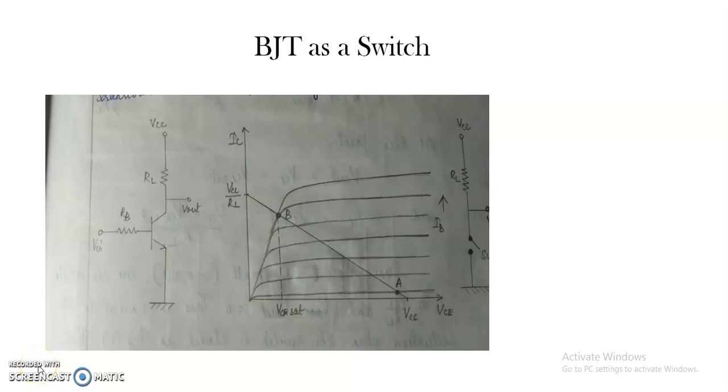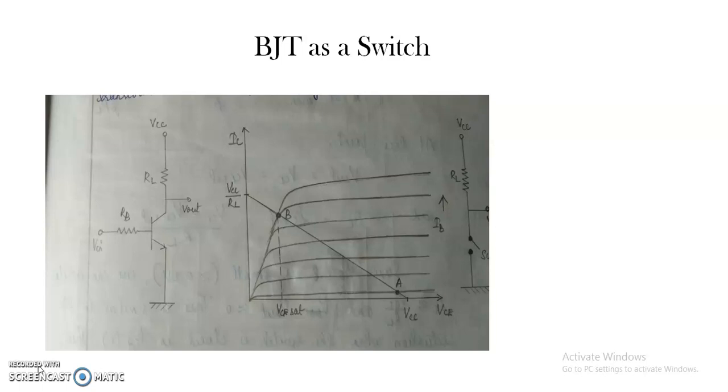Here we are going to show how a bipolar junction transistor or BJT is working as a switch. A bipolar junction transistor can function as a switch between a high voltage, low current state and a low voltage, high current state. In digital circuits, BJTs are often used as electrically controllable switches which can respond to input changes much more rapidly than a mechanical switch.